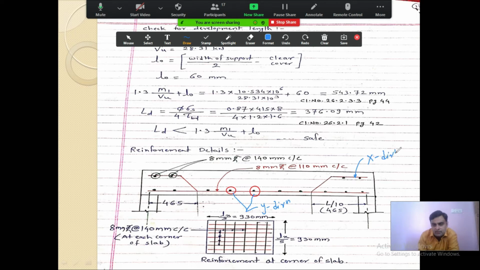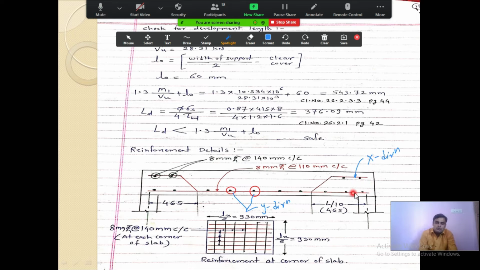This bar in X direction will start from this point, move up to this much, and then it is bent. The bending length from the center of the support is 465 in total, where it bends. After this it moves in a straight line, and further it is anchored.